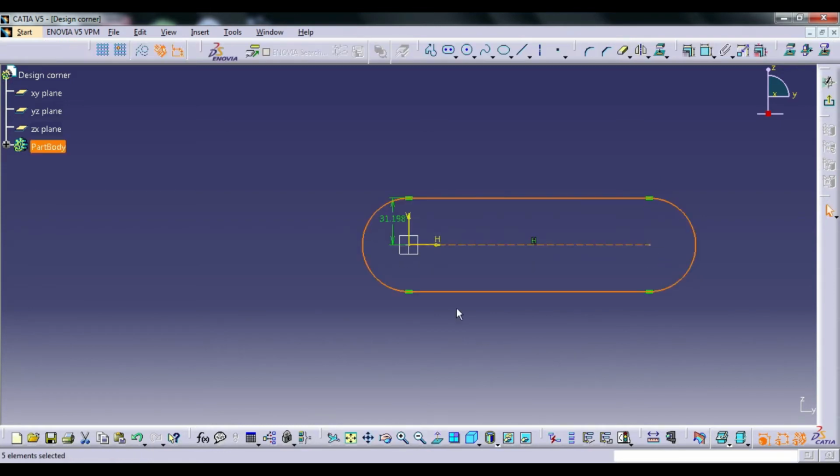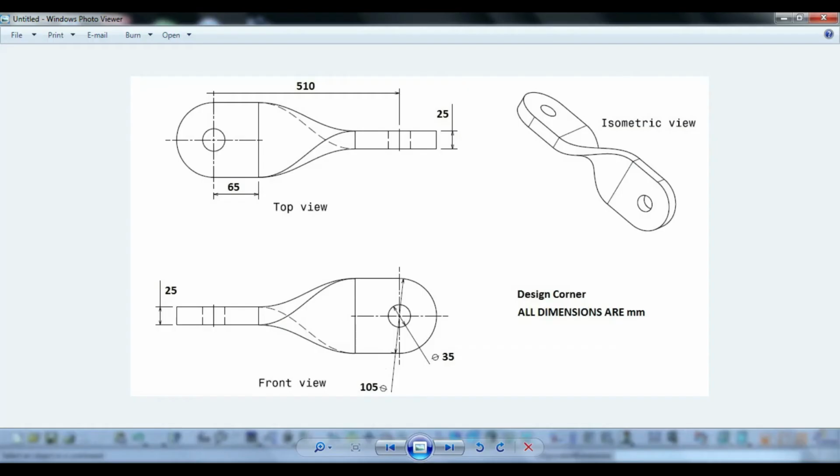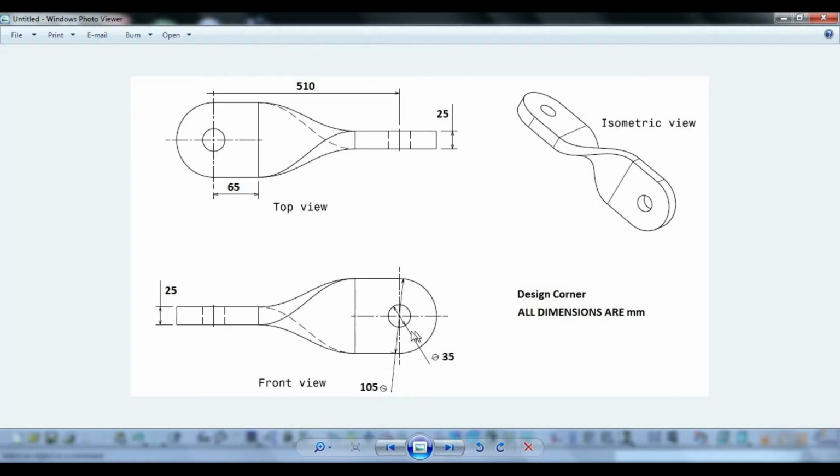First of all, you see the drawing. This is for the 105 dia. Give the dimension, and also a small hole is there in the center.